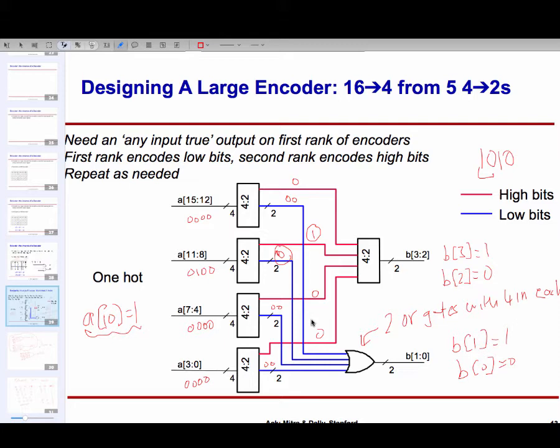This is not an 8-input OR gate. That's the very important point. There are 2 4-input OR gates out here. So we can combine encoders into larger and ever larger encoders.